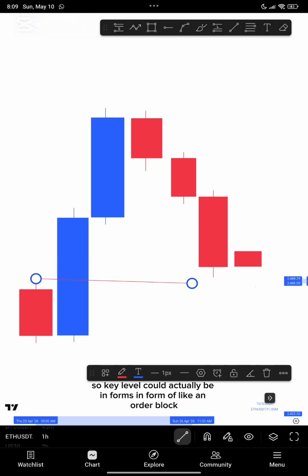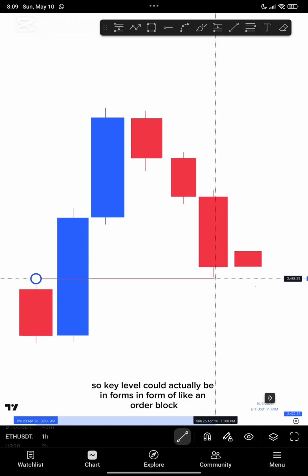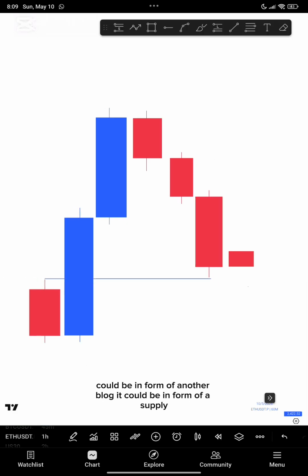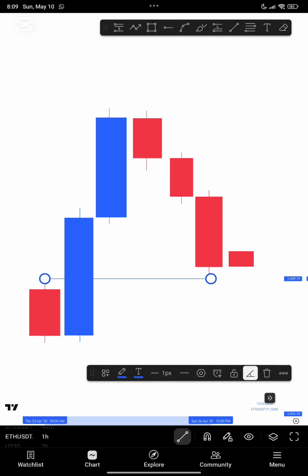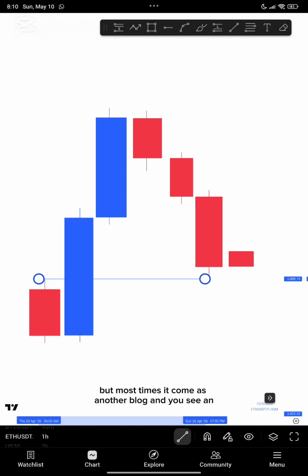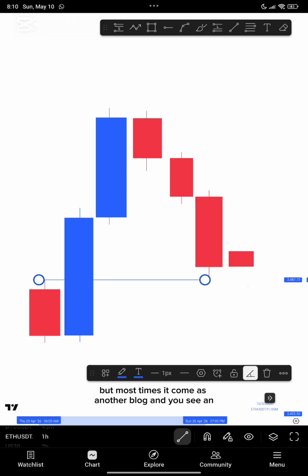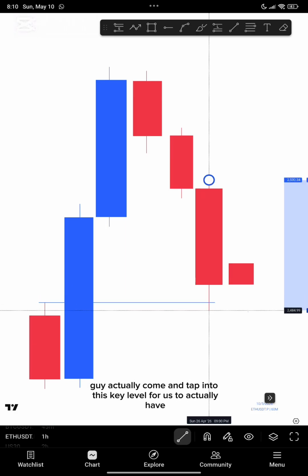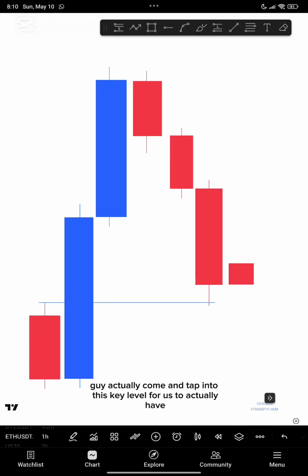So a key level could actually be in the form of an order block. It could be in the form of another block, it could be in the form of a supply too, but most times it comes as an order block, and you see an imbalance below it. So let's say this guy actually comes and taps into this key level. For it to have a precise and very high probability CRT model here, price will literally have to come and tap into a higher time frame key level,